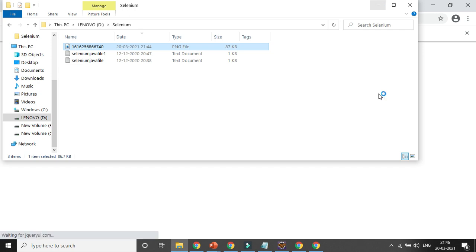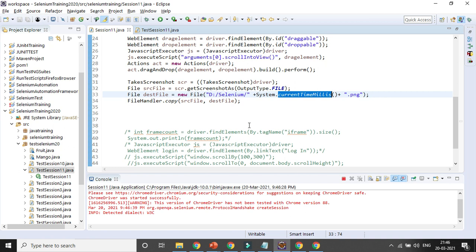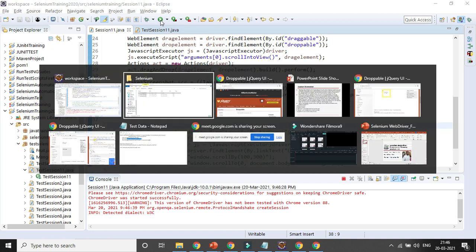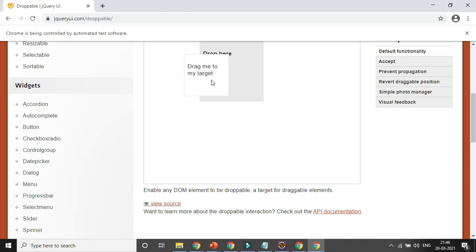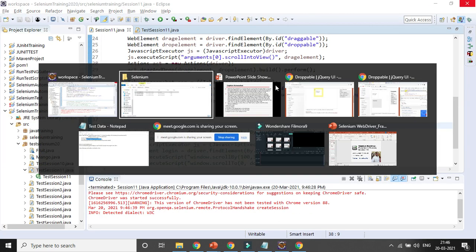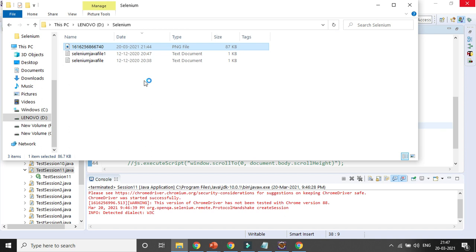So it will try to run the lines of code. It is running. You can see the drag and drop is happening, and after that it is closing, right? So within 1 second, I need to close the file. Maybe we are running it so many times, that is the reason it hung.